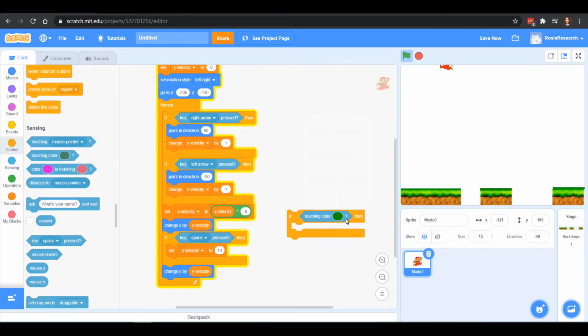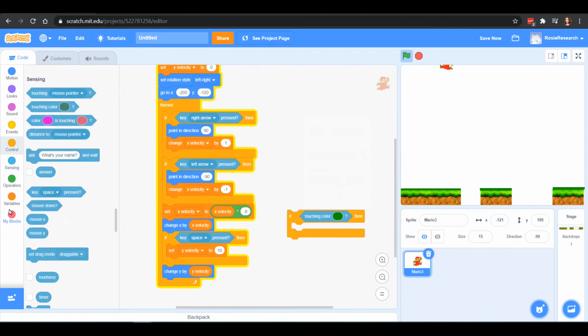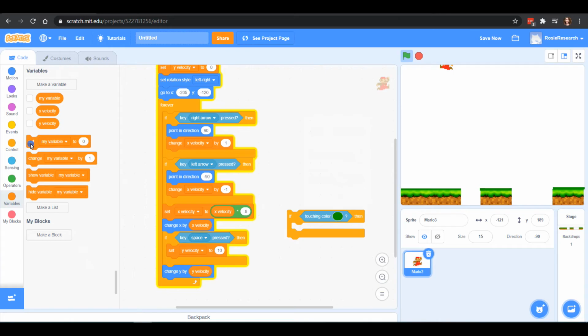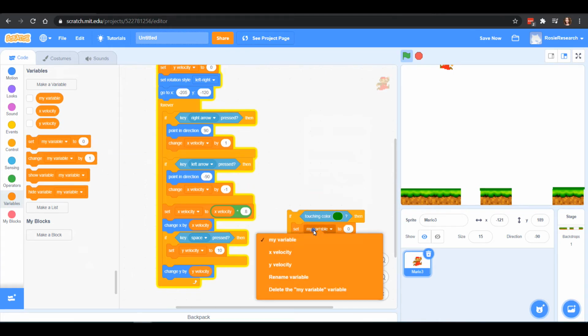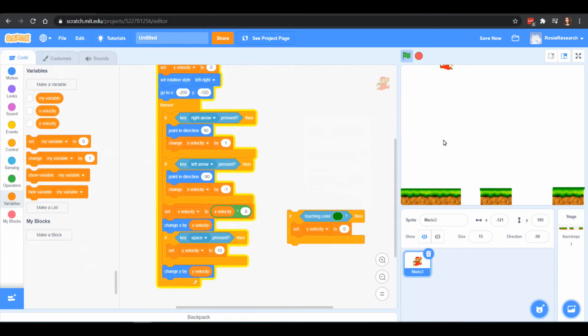If it's touching this green, then I want to set my y velocity to 0. So we'll come down to our variables, and we'll say set y velocity to 0. All right, and I probably want to check for this before I do anything else, right? Even before I have this spacebar pressed.